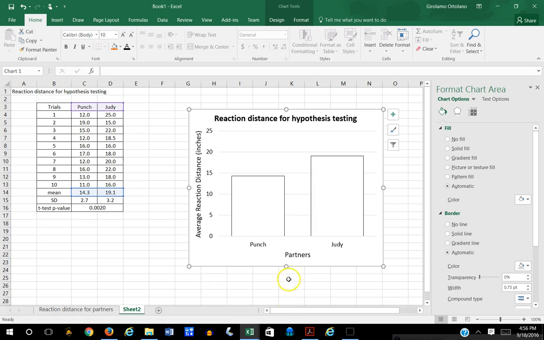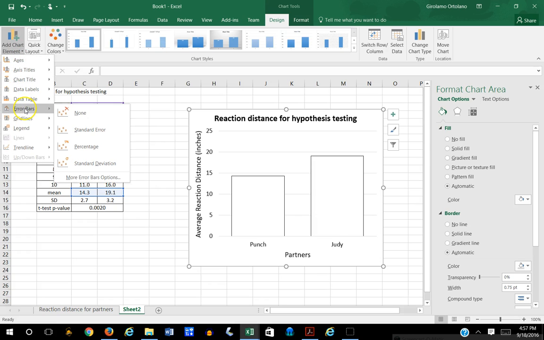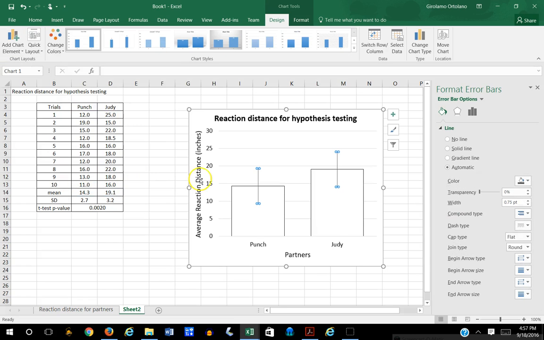There is one thing missing, however, and that is the standard deviation. We need the standard deviation in here. So we are going to, again, go to our Chart Tools Design, add Chart Element, and look for error bars. This is the most complicated part. The error bars option for Excel is a little bit weird, so it requires just an understanding of what you need to do. So you're going to go down to More Error Bar Options. And when you do that,